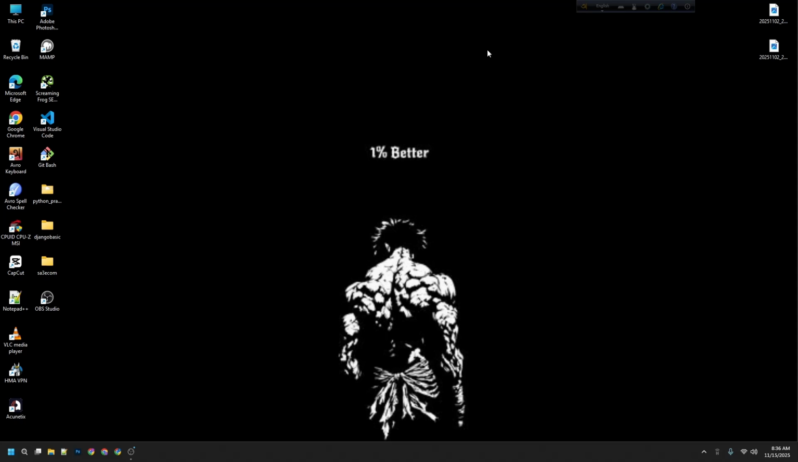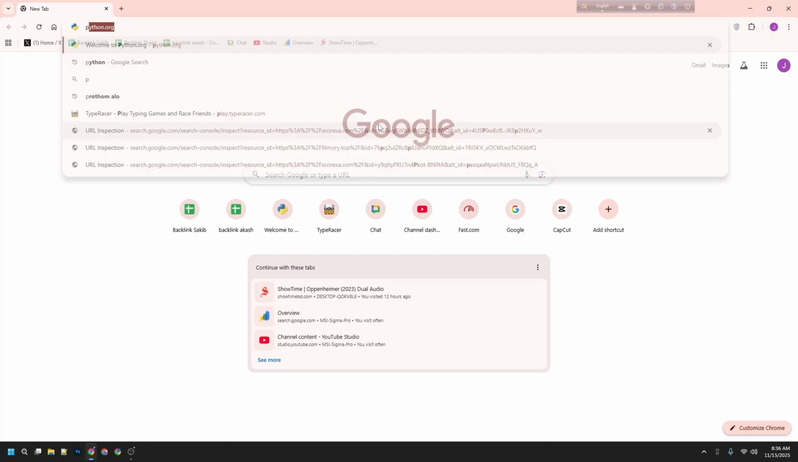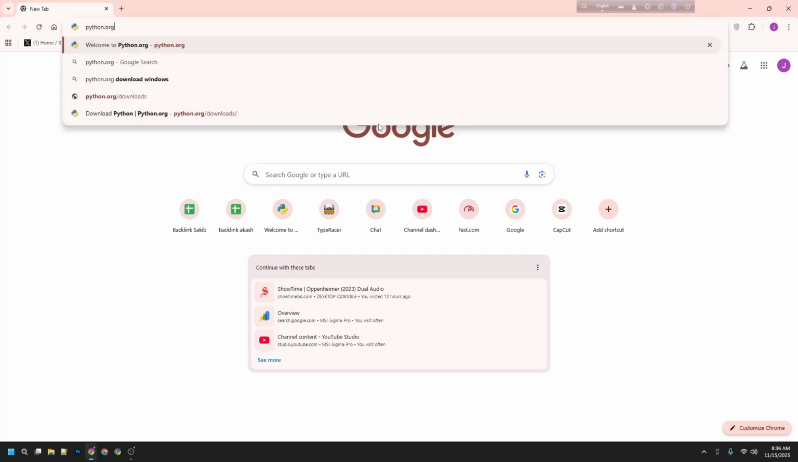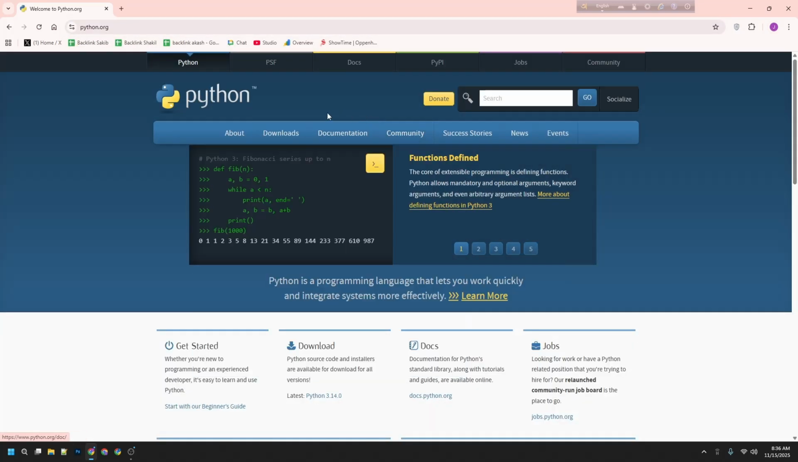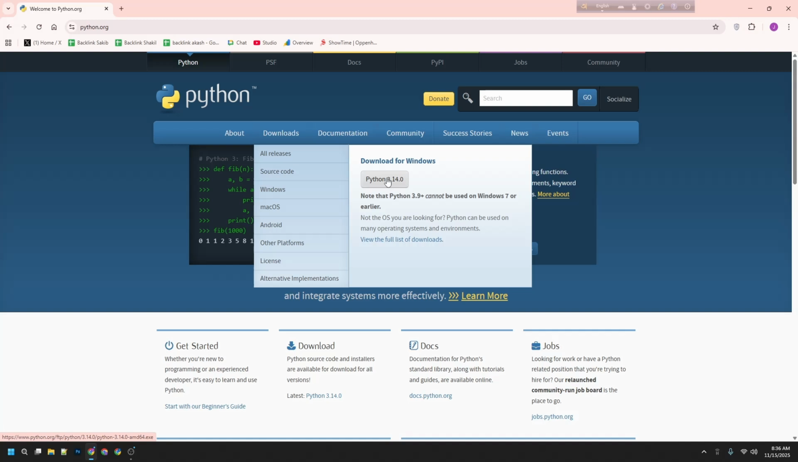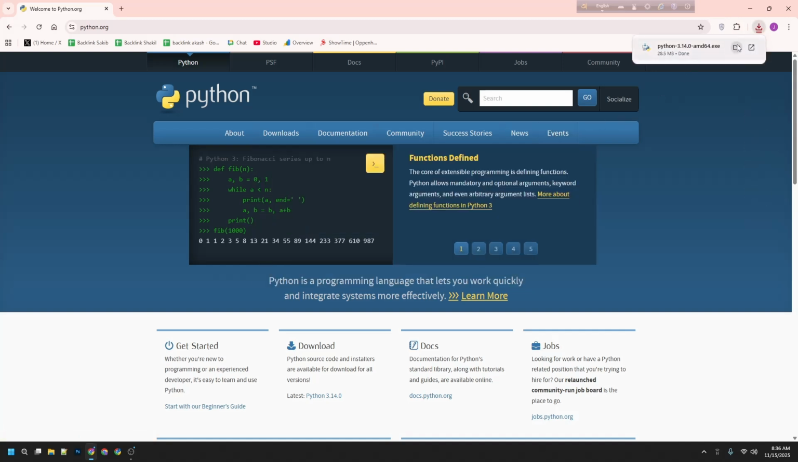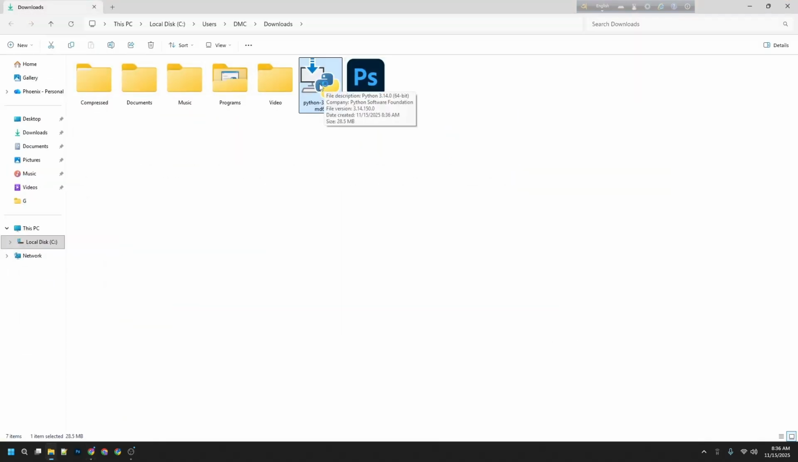So let's download Python. Open your browser and go to the official website python.org. Download, click here and it will be downloaded. Now start the installation process. Once the download is complete, open the installer